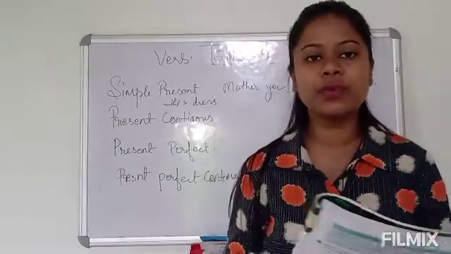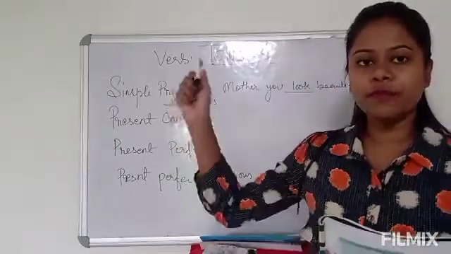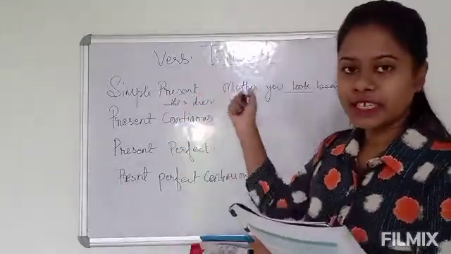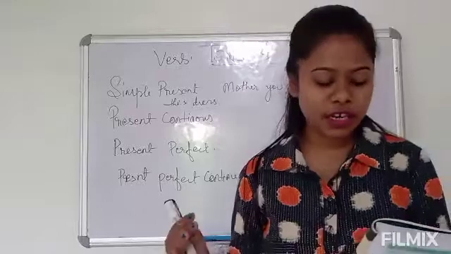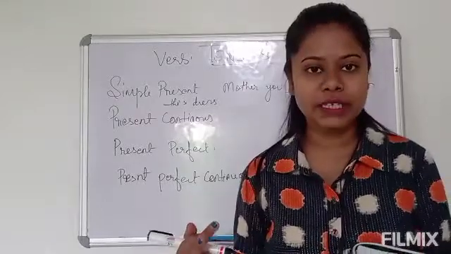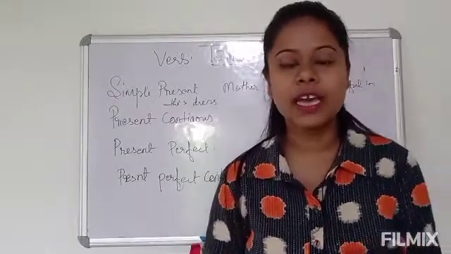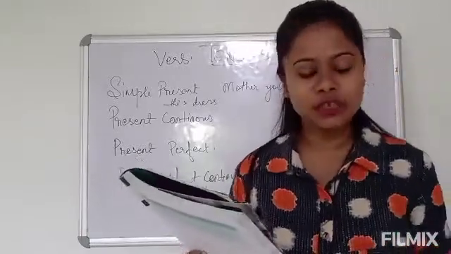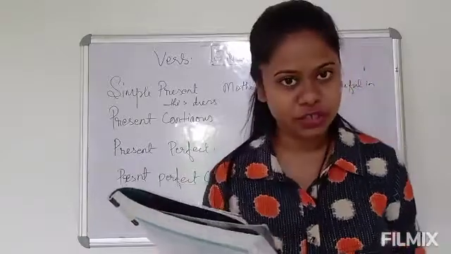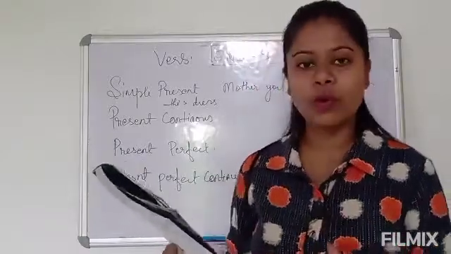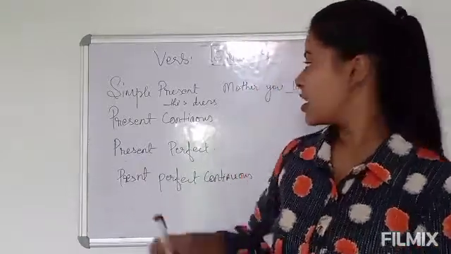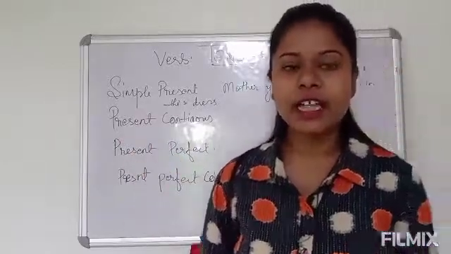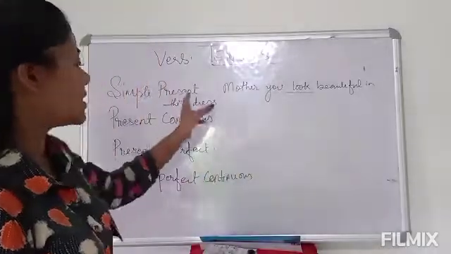Okay, so today we will be doing the chapter 4 verb, and from verb we will be studying about tenses. Okay, so tenses, there are three. They are present tense, past tense and future tense, and these three are subdivided into simple, continuous, perfect continuous. So we will be doing one by one in detail. First we will be doing present tense, and the first is simple present tense.